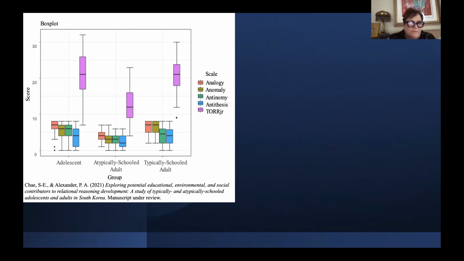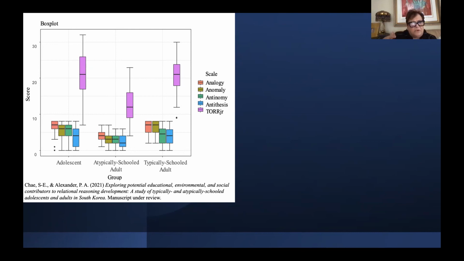But South Korea is committed to a 100% educated populace. And so now they've created programs where they're bringing back these senior citizens and allowing them to experience middle school and high school now. That's a big difference. And we wanted to understand what that difference meant in terms of their reasoning ability. And here's more of what I mean when I think of analogies as a kind of gateway process.